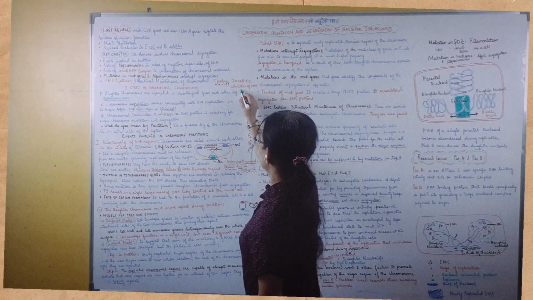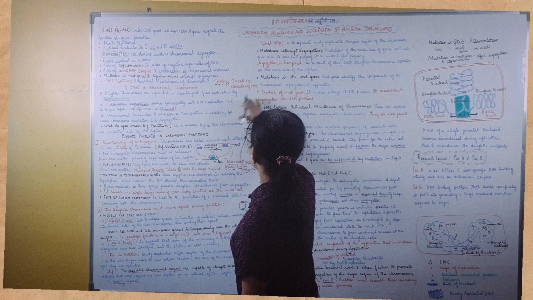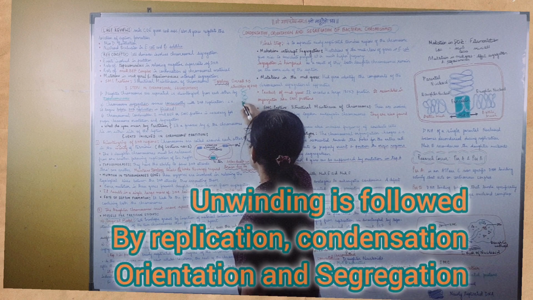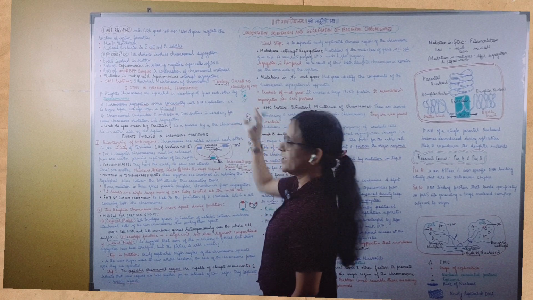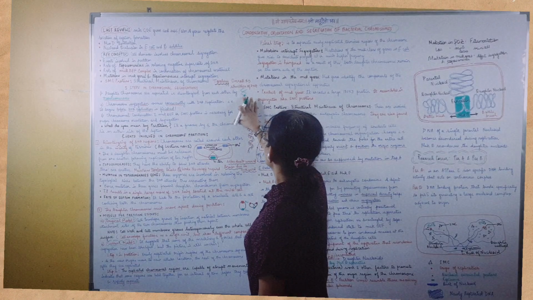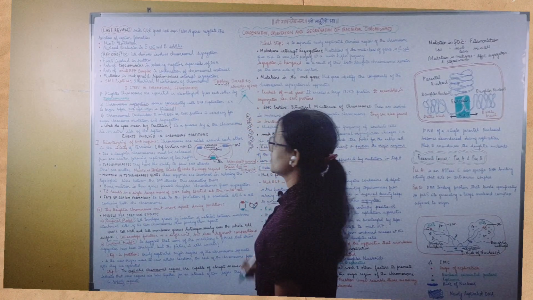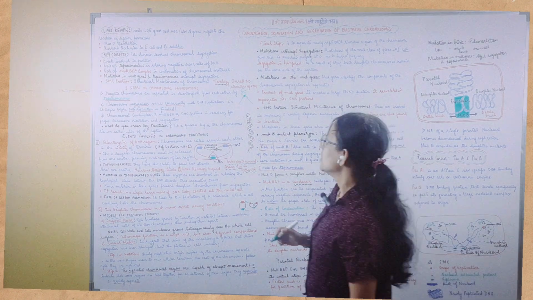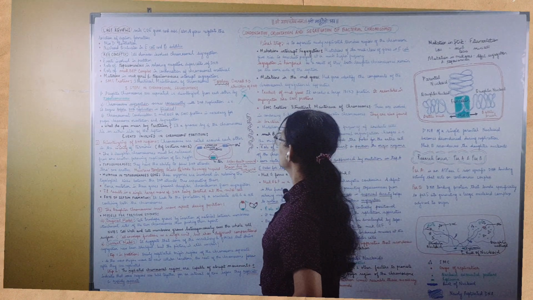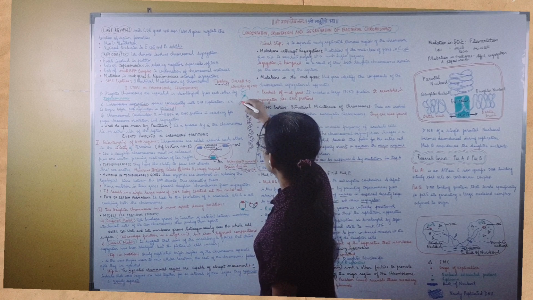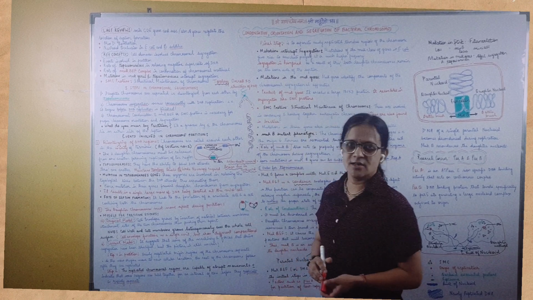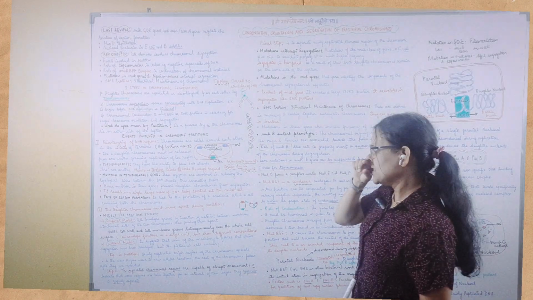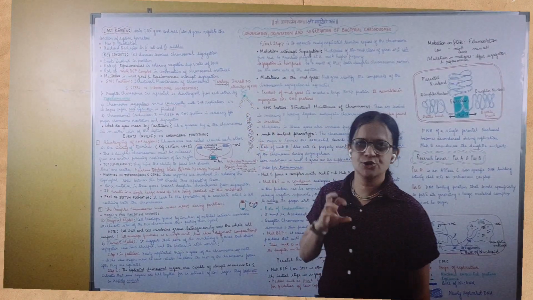Why? Imagine I have these two DNA strands, right? And I want the replication to start from this portion. So first I will have to unwind this portion. So you will have a picture something like this. That is the replication fork being formed. Now, after the replication fork is formed, replication takes place from 5 prime to 3 prime. Of course, in the other strand it will be in the reverse direction, with Okazaki segments, right? So after the replication is done, now you have 1, 2, 3, 4 strands, right?